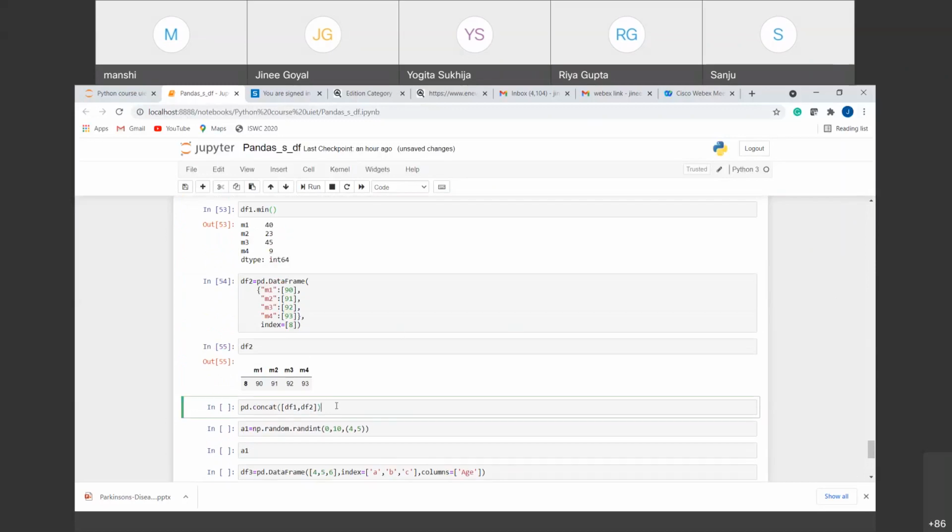For the concat function, as it is a function, we have to provide the round brackets here.